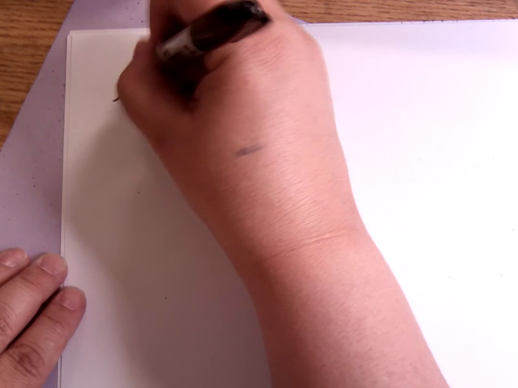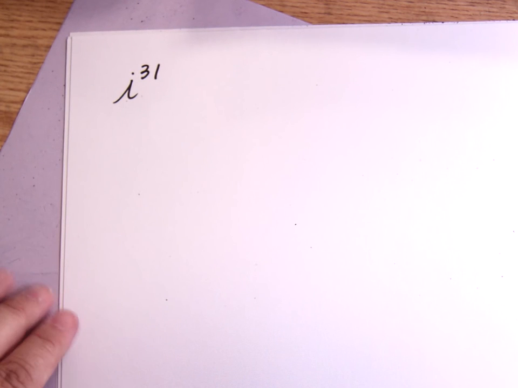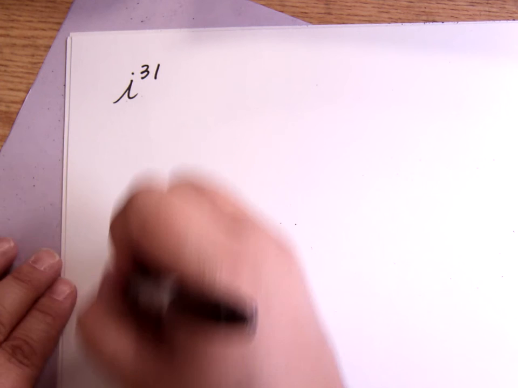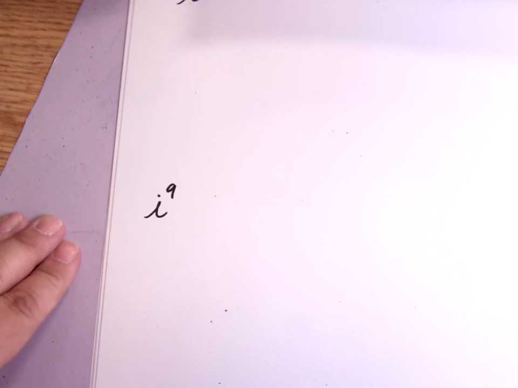Okay, fourth period. If I have something like i to the 31st power, let's break that down and figure out how I would figure that out. Let's look at a smaller example first. This is, let's do i to the 9th. The reason I wanted to show you a smaller one is because I want to show what